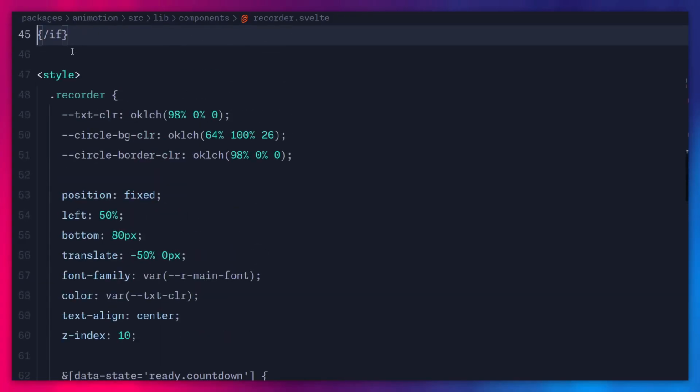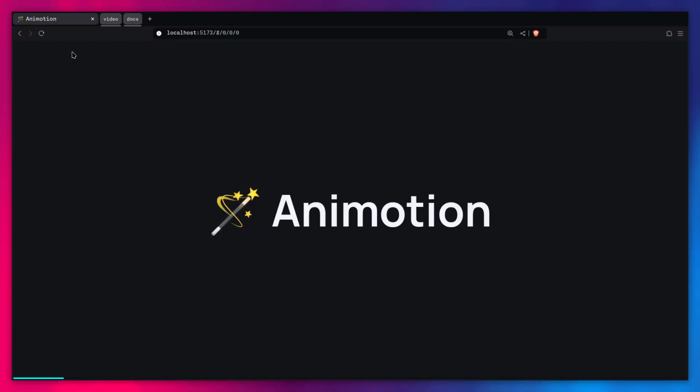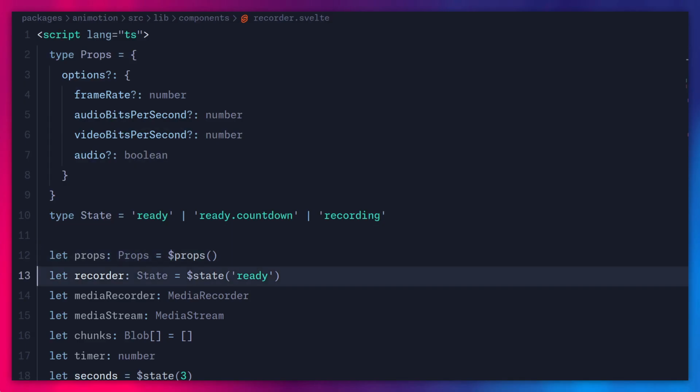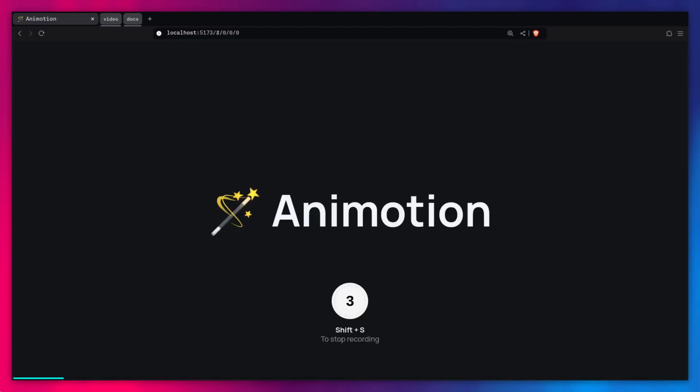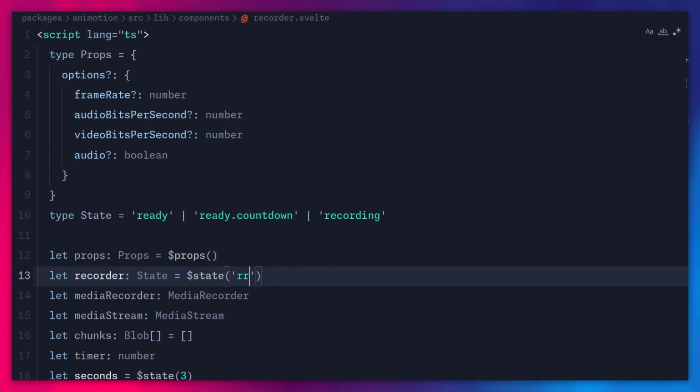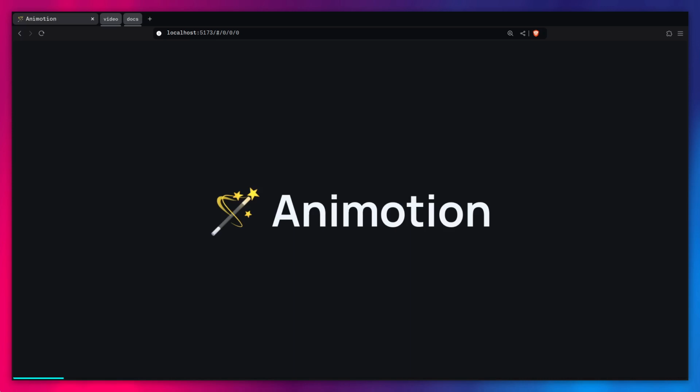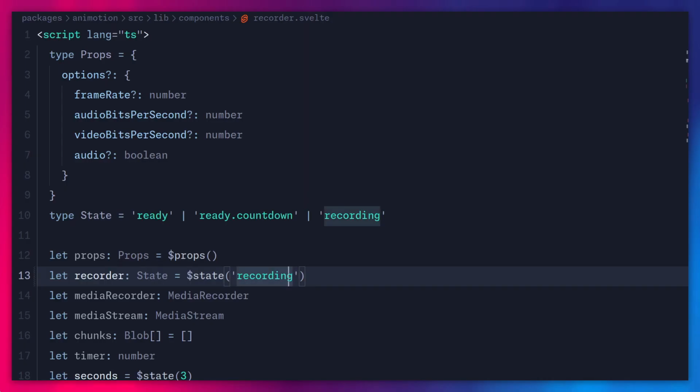So we're raw dogging CSS. We're not using Tailwind, right? So actually now when we go here, and now when we refresh the page, we're going to see here we have our beautiful recorder. But yeah, for example, if we change the recorder state from ready to ready.countdown, we're going to see it's going to be styled like this using our countdown, right? And then, of course, if you're recording, it's not going to show at all. Cool, and this is a lot better than using booleans and getting into spaghetti state and etc. Alright, so now we can actually bring this back to ready,